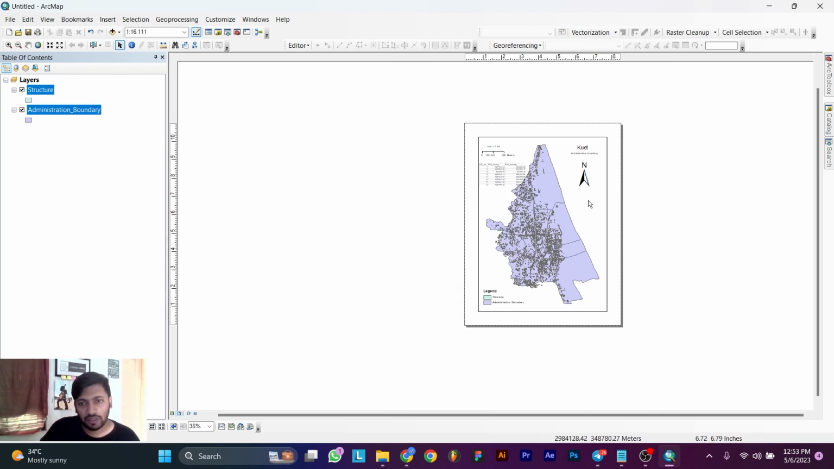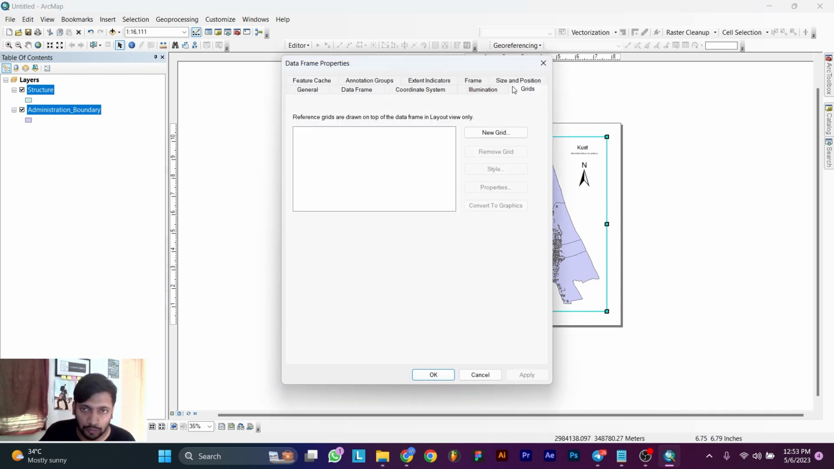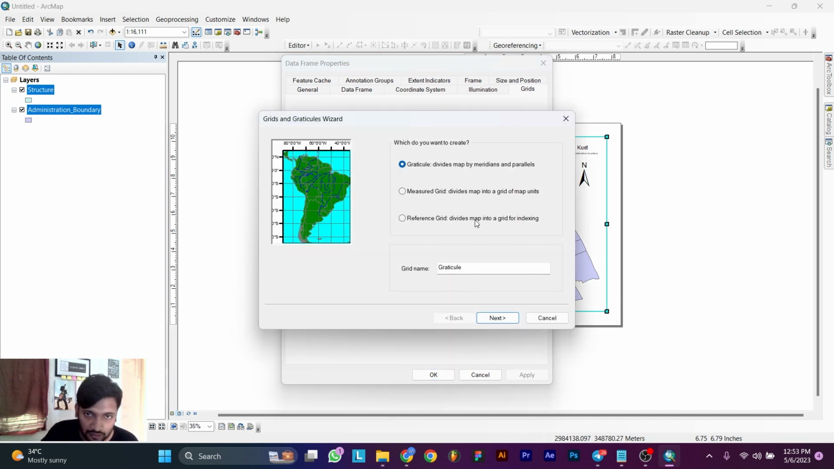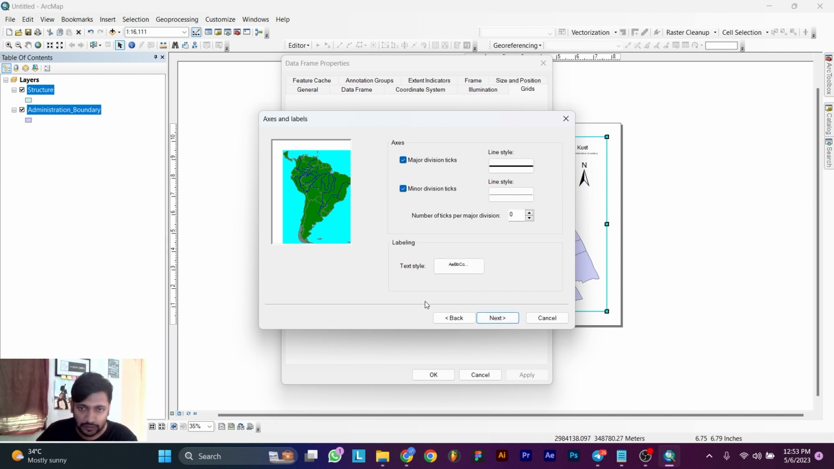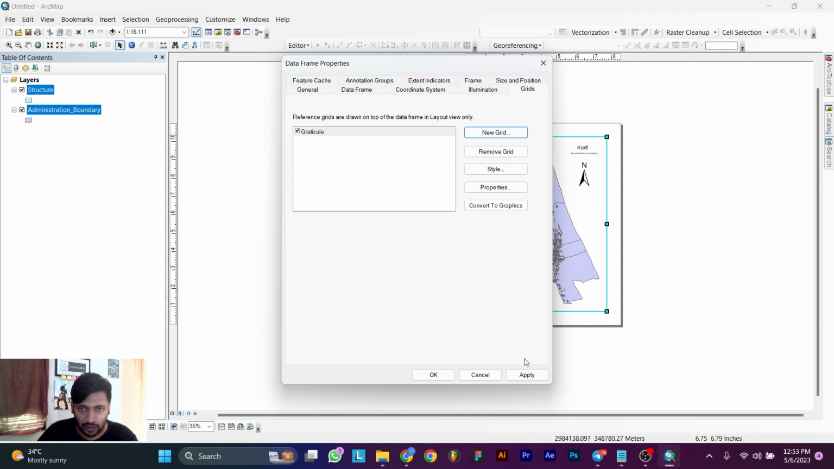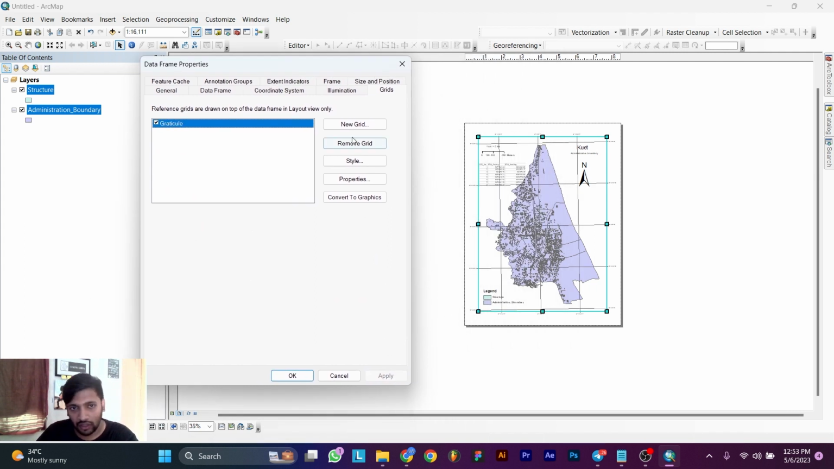And then you can change the data frame properties also by going there and going to the properties, and here you can see you can add grids there. Maybe I'm selecting the graticules. Okay, next I'm just setting the intervals to 30 and 30. Okay, then going to next, and you can change other properties. I'm just finishing this and applying this, and here you can see graticules or the grids are opened in your